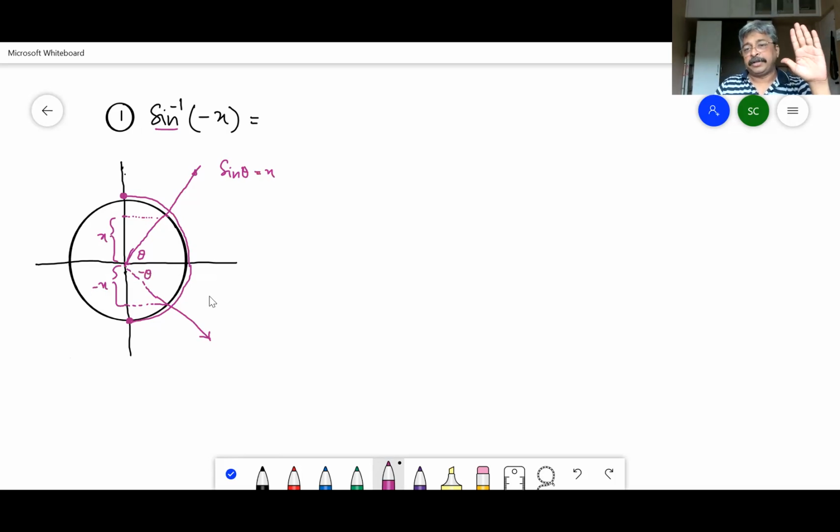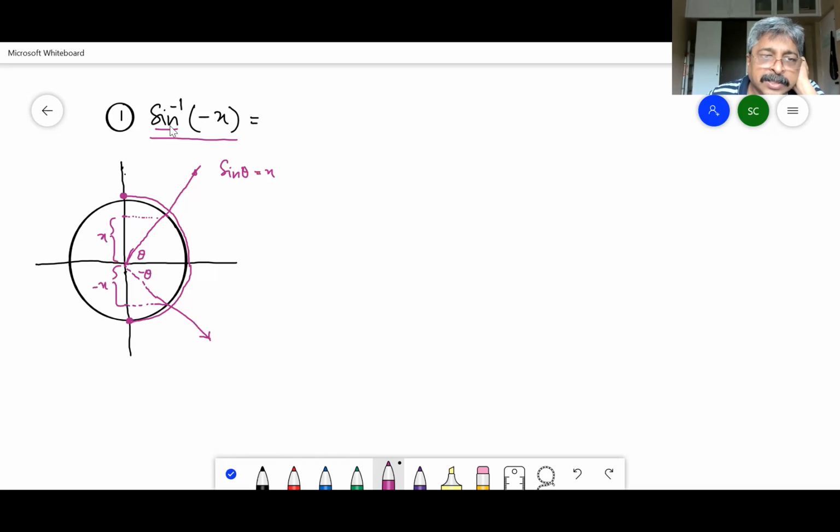This is our trigonometry. We have not yet reached solving this problem; this is trigonometry information we are just capturing. Okay. So now let us go back to the problem. The problem says consider minus x. So this is my minus x value and its sine inverse. So here I will get the answer minus theta.